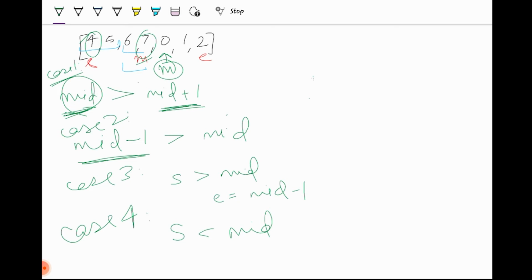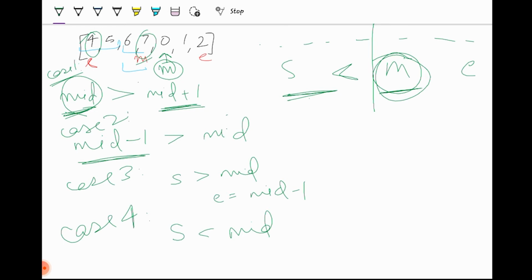Let's see here. Suppose my start is less than my mid, and I have to find the largest element. Be it any n number of numbers here, if I know that my middle is greater than start, and I know that the middle is my breakpoint, after this I may or may not have some elements.